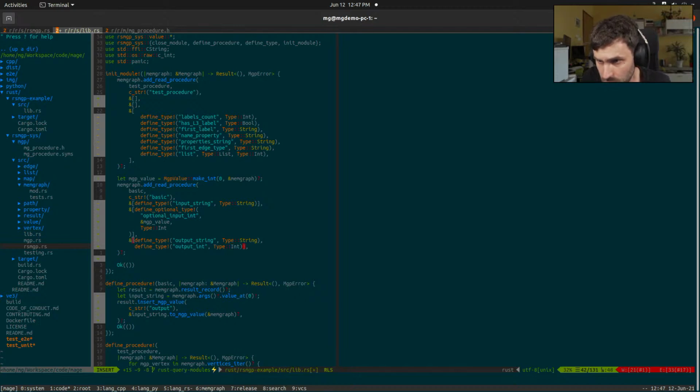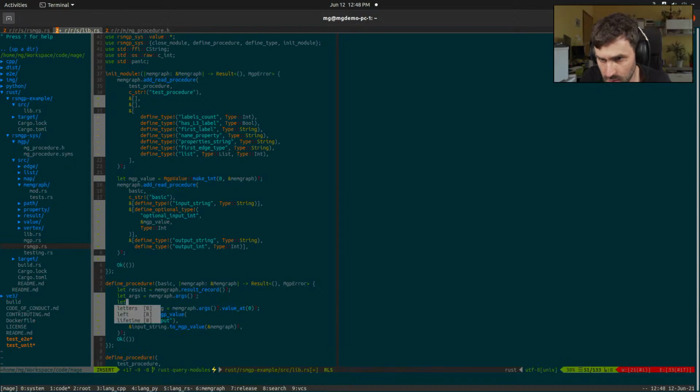Type int, yep. Good, and we take arguments. Let args equals memgraph args. Okay, and then let